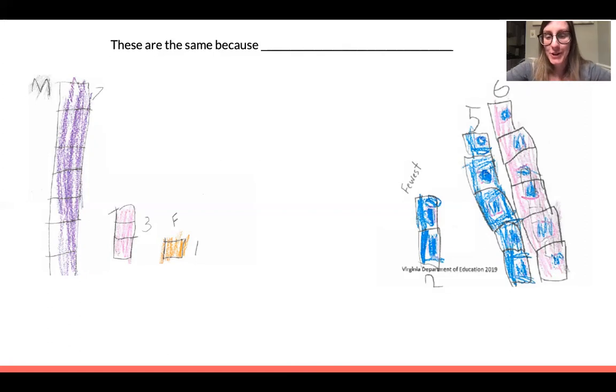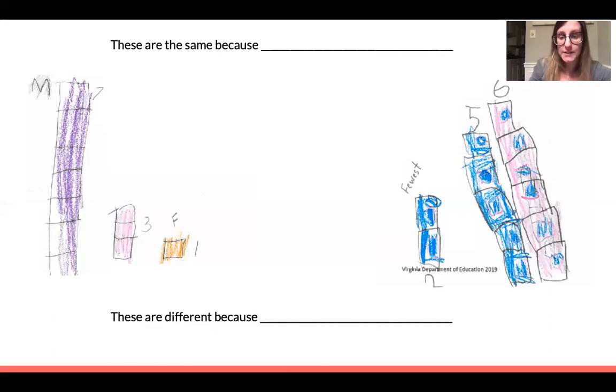I did this with my daughter yesterday and she told me they're the same because they both still have 13 cubes or 13 objects, whatever object you were using. If we counted all of them, they could be 13. That's how they're still the same. That's one way. I bet there are lots of other ways that you came up with that they are the same. How are they different? Let's talk about that one now. Tell me or tell someone near you these two ideas are different because